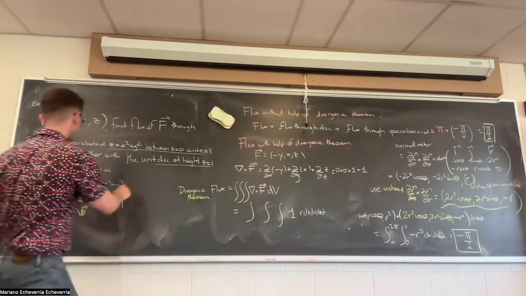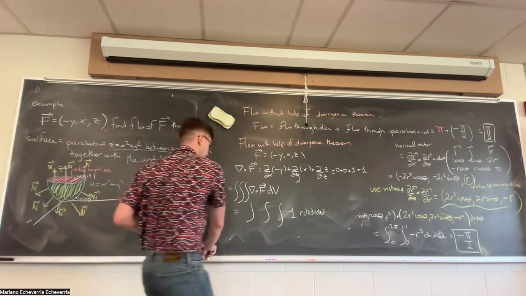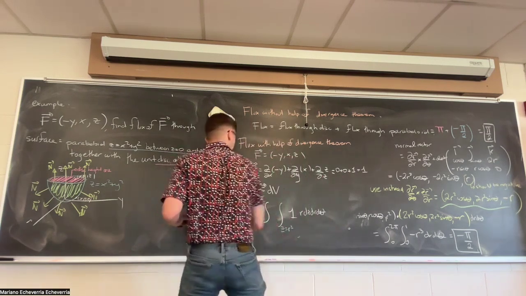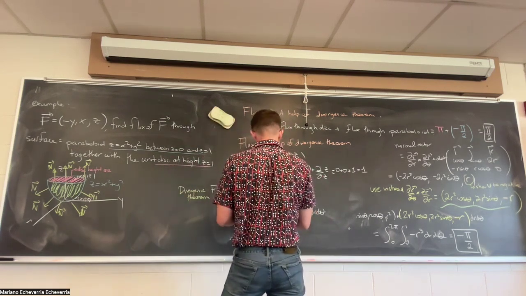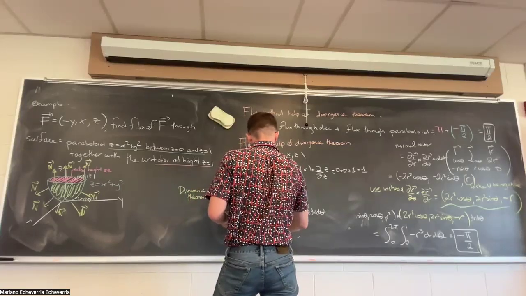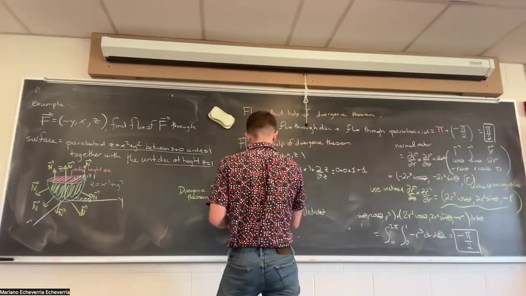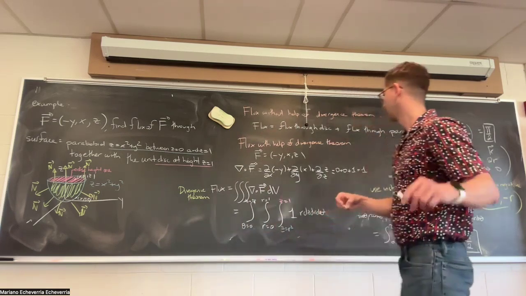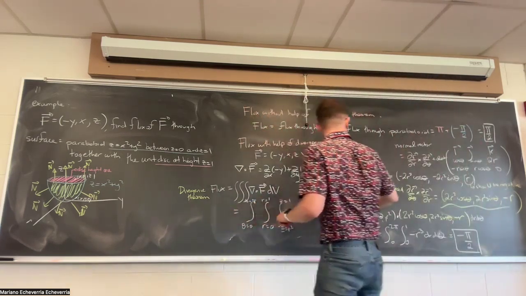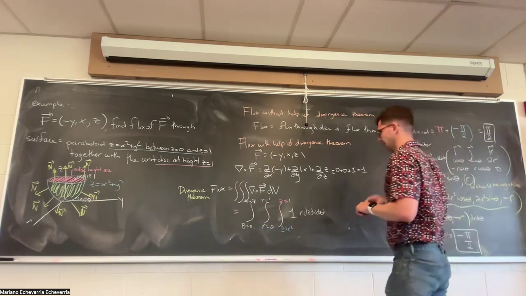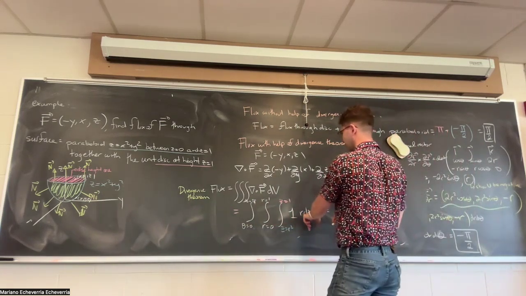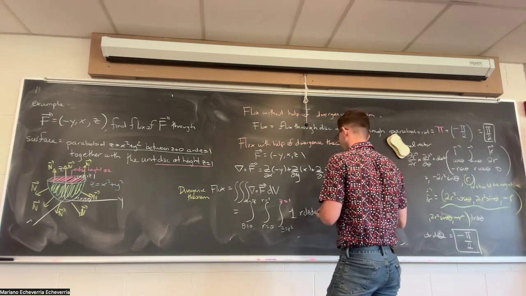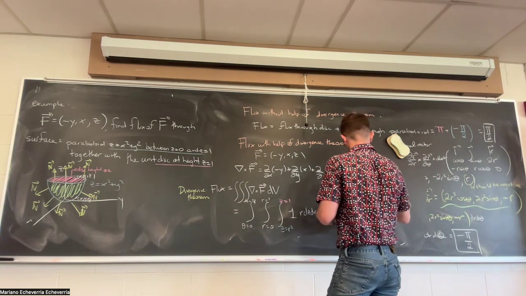What are the z bounds? z goes from r squared to z equals 1. What are the r bounds for this triple integral? From 0 to 1. And theta goes from 0 to 2 pi. In the end it's kind of easy, there's nothing that depends on z. So it gives you the integral from 0 to 2 pi, 0 to 1 of r times (1 minus r squared) dr d theta.